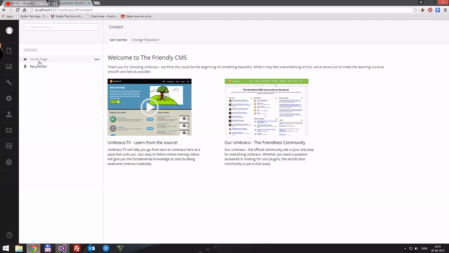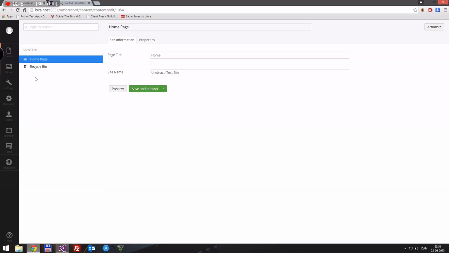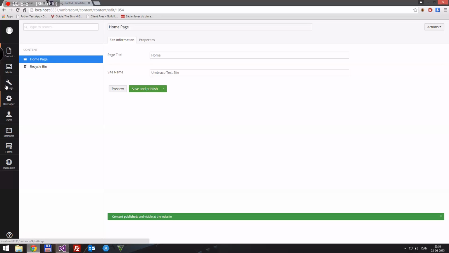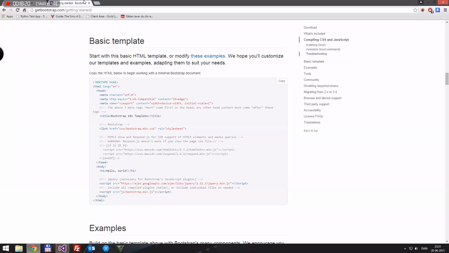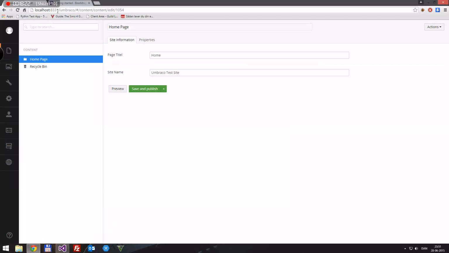You can see it's grayed out, and that means it's there, but it's not published. And if a page is not published, it cannot be seen or used. So we press save and publish. Right, now it's there, and if we go to our address,